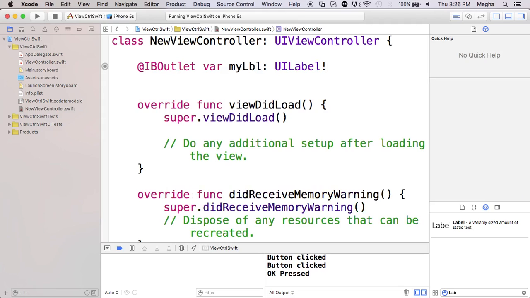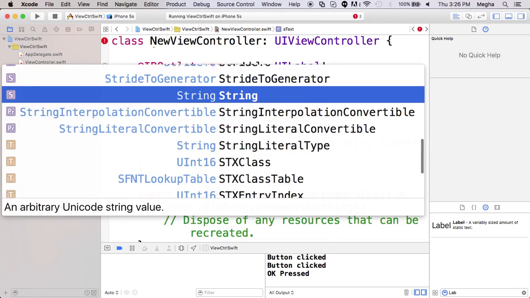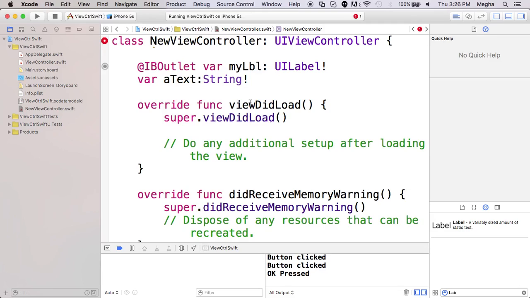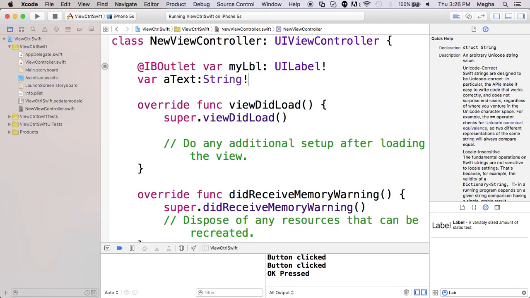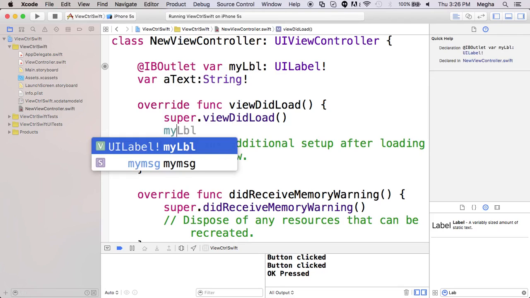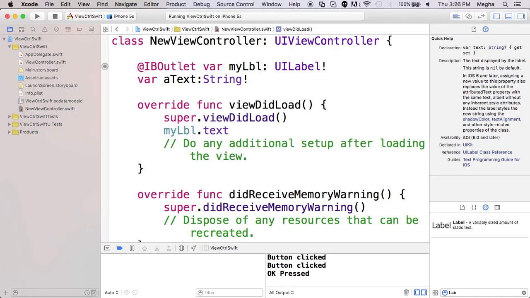Also, if at all I may need a help text or a text to handle callbacks. I'm just keeping it, I'm not going to initialize it. Or if you really want to initialize, you can have a blank value. Whatever way you assume yourself, you can do with that. So, what way it is going to help me? Let me see. My label text. It is going to be